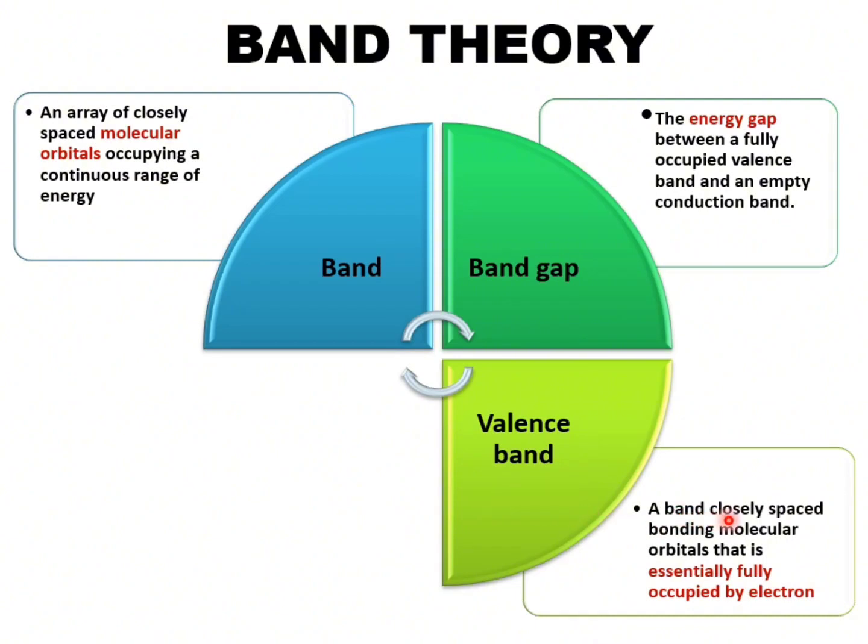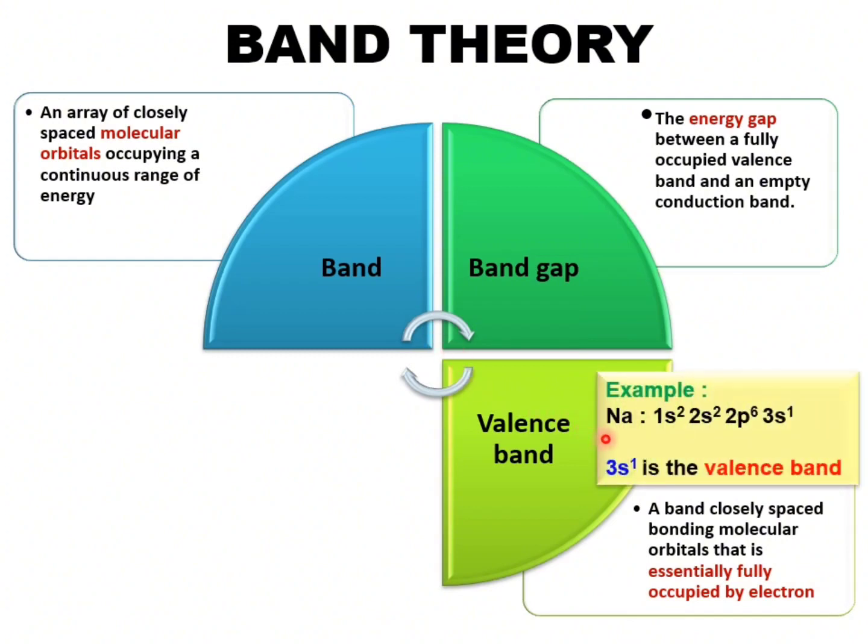Valence band, a band of closely spaced bonding molecular orbitals that is essentially fully occupied by electrons. Okay, I give you example. For example, we have sodium metal. We know that sodium metal consists of 11 electrons, right? So if we write the electronic configuration of sodium, should be 1s2, 2s2, 2p6, 3s1. So, if we classify the valence electron in sodium, so the valence electron in sodium must fill in the 3s